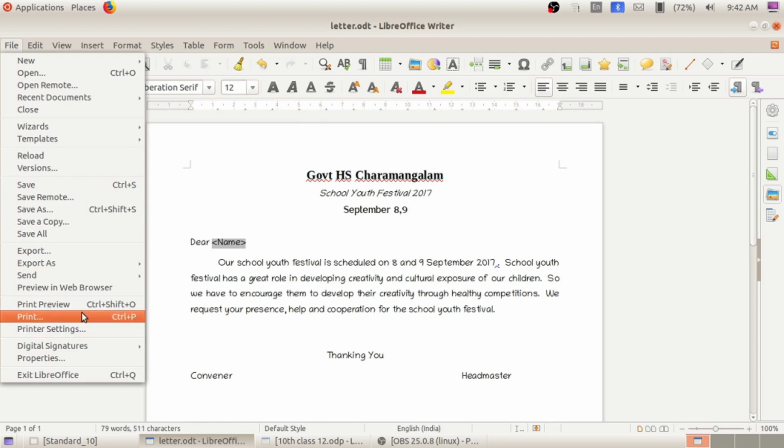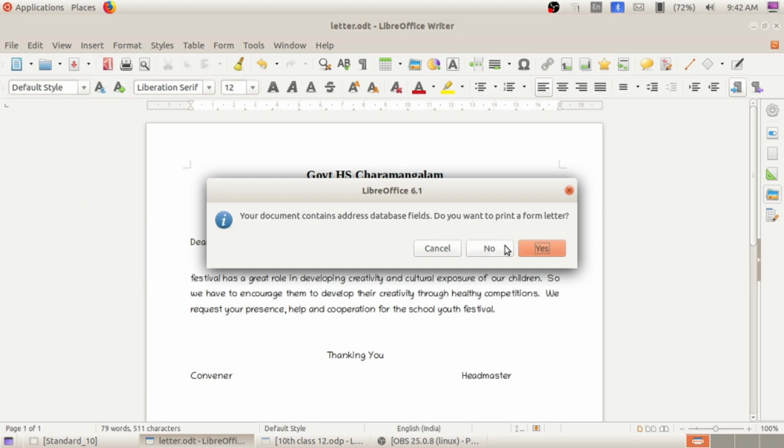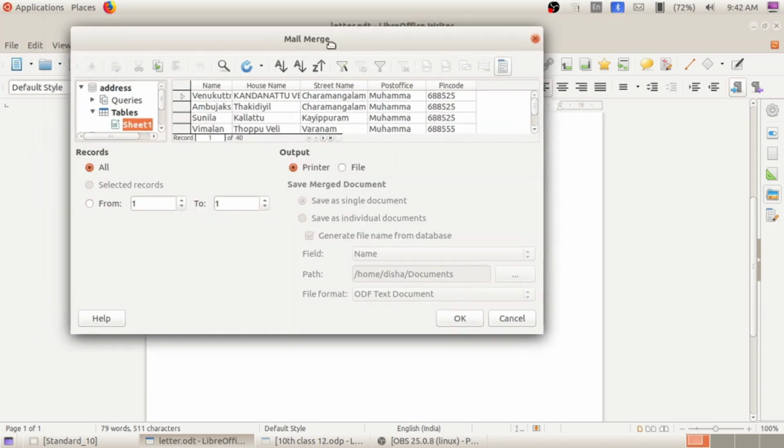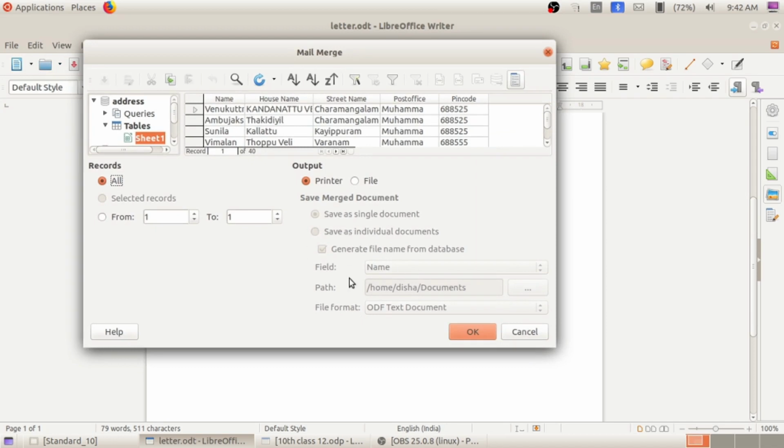Whenever you have finished the mail merge option, go to file, print option. Click on print option. Click on yes. You can see this window. Here now the printer is not active. We don't want to print this document. If you want to print, connect the printer and just press the OK button. We want to save it as a file.